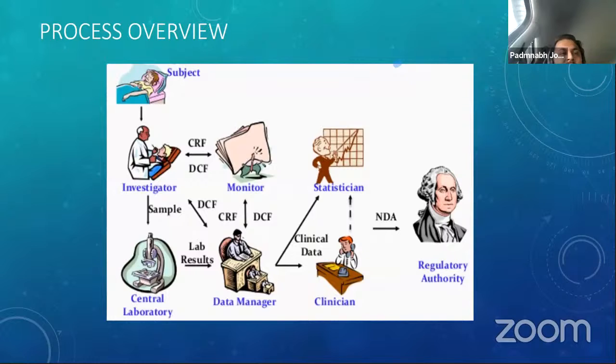Once we start identifying subject requirements, we would enroll various sites across the globe. For example, if it is a multi-center, multi-country trial, we would ensure that subject recruitment happens at various designated sites that have been shortlisted by the sponsor. Once these patients are enrolled, they are given something called an informed consent form. So what is an informed consent form? This form talks about various